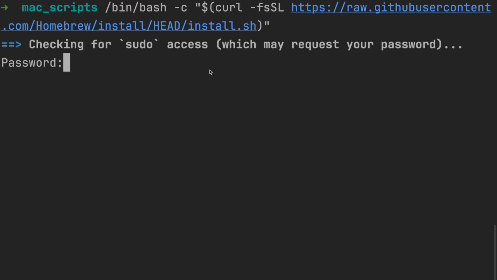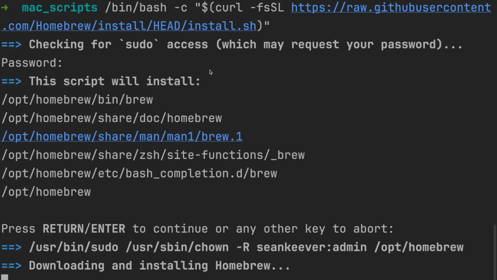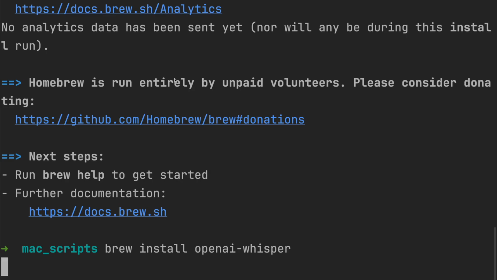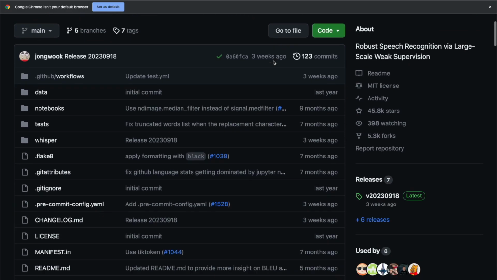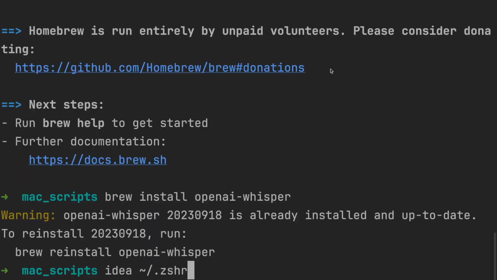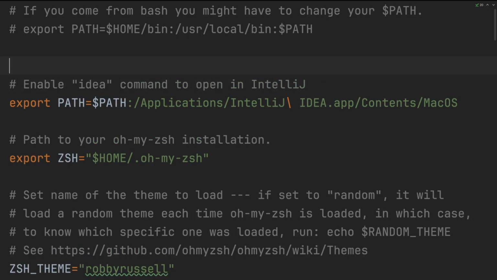So to set this up, we're going to open up our terminal. Install Homebrew, a package manager for macOS. Once you have Homebrew installed, we can install OpenAI Whisper, which is the open source model we're going to use to transcribe our audio. We'll want to open up our zshrc file to explicitly add Homebrew to our path. This is so we can use packages installed with Homebrew in our quick action script, which we are going to